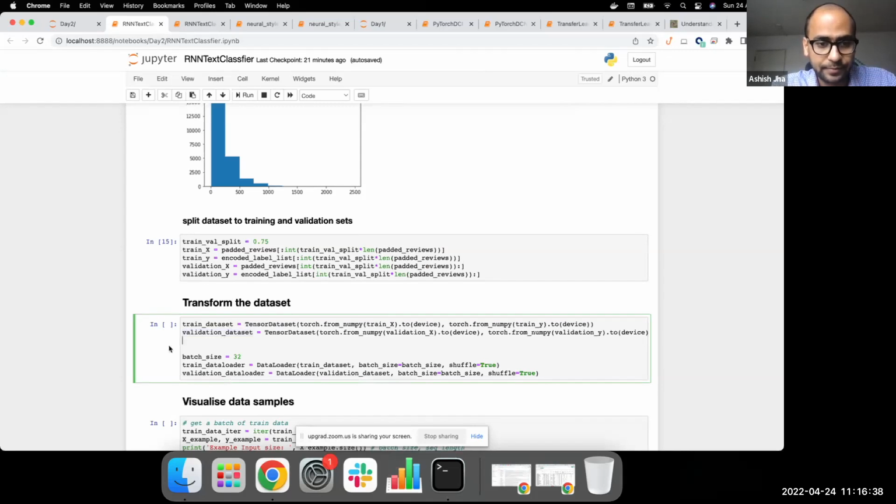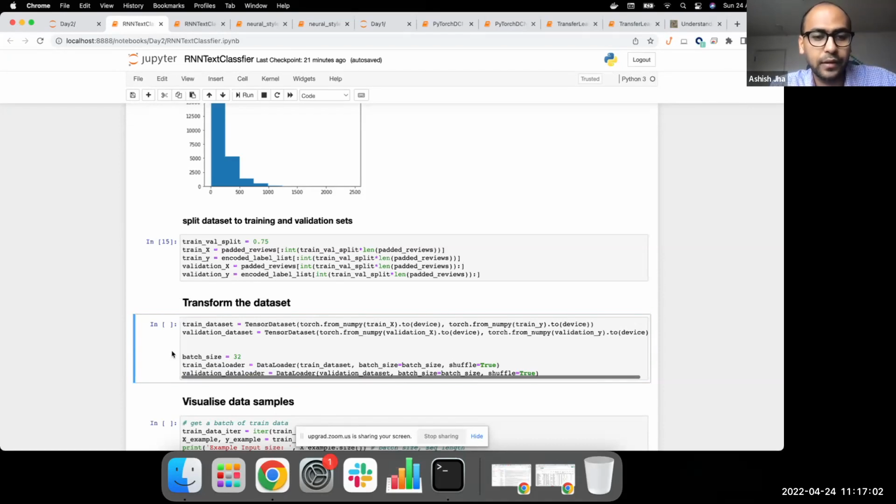Once you have that, we need ultimately a data loader to iterate on. If you followed yesterday's session, it'll be really helpful if we have data loader objects, which is again a very simple step. From the train dataset, we add batch size, which I chose as 32, and with shuffling enabled, we get the training and the validation data loaders, and we will use them shortly for our model training loop.